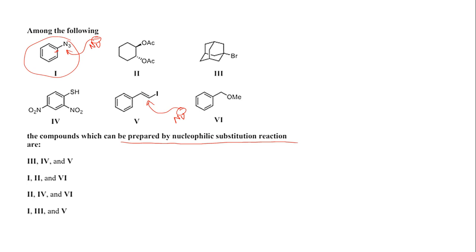So these two attack, it is not possible. Now what about 2? Here OAc can be removed as it can act as a leaving group, and here the reaction is possible, so I am giving a right mark. Then what about 3? Now see, this is a very hindered type of structure, and if you are forming a